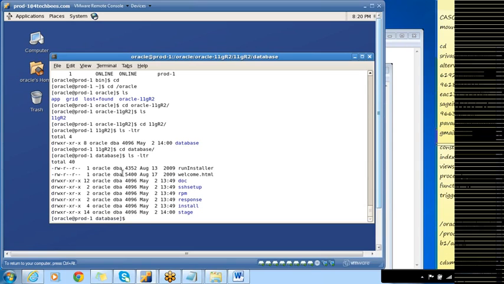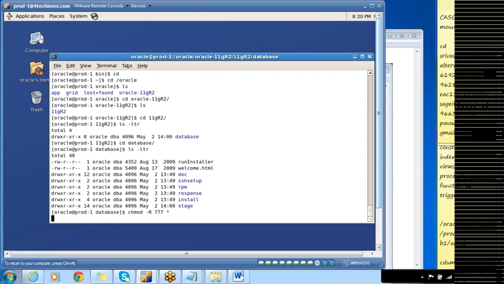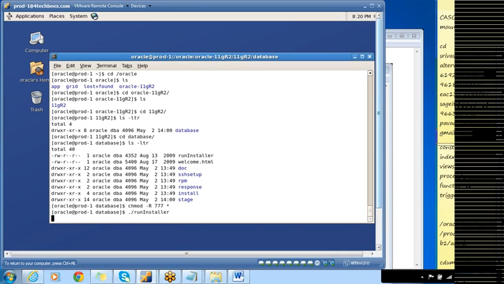Okay, let me change the permissions of these files. I'll make it chmod -R 777 *. Then ./runInstaller.